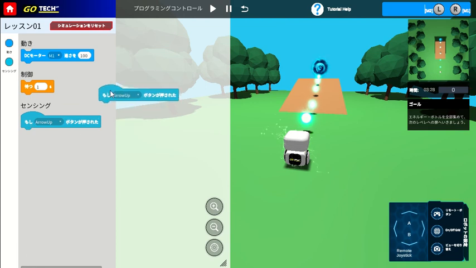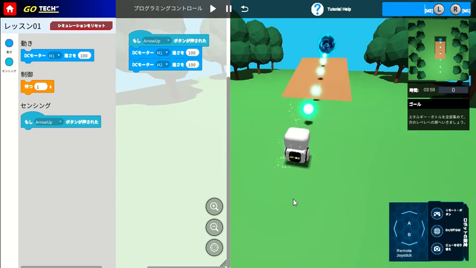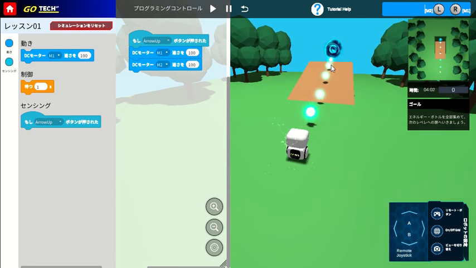To start your program, click this block. Drag the block to the programming canvas. How to click? Click the left button of your mouse and drag here. That one is number 1. Number 2, you need to drag the motion block, which is M1. Just now I said M1 is for the right DC motor and M2 for the left DC motor. Both DC motors must have the same power in order for your robot to move forward, collect all the energy portions and go inside the portal.